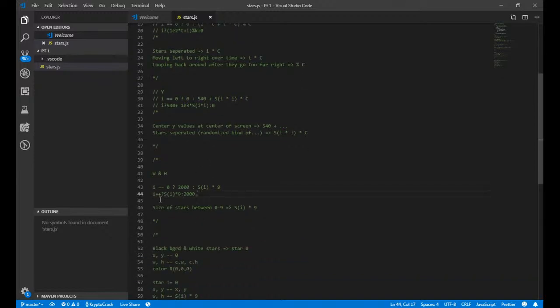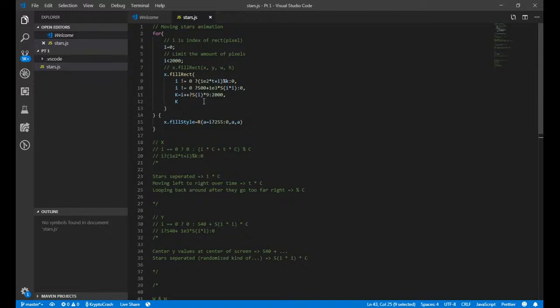I have the star check over here. We increment in here too, just to save bytes and all that. It's not important now. I can actually remove this increment just so it's easier to see. And this is the same thing. We star check for *0, the background star, and if it is, we'll give it a value of 2000. And if it's not, sign of I times 9 for the normal stars, which is the same thing as up here. And that's it. That's the code, and that's the process for Dwitter,